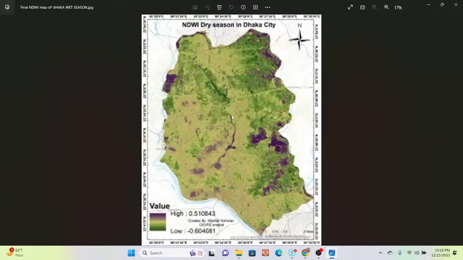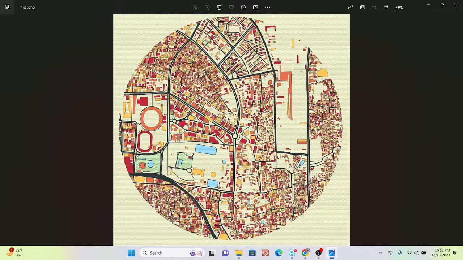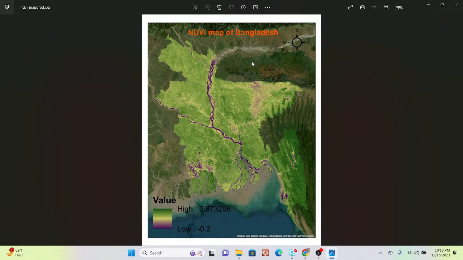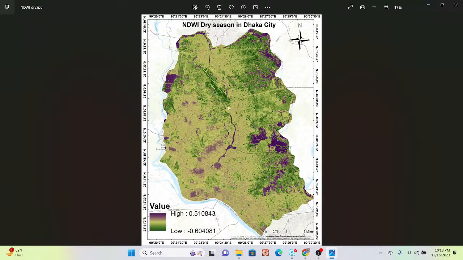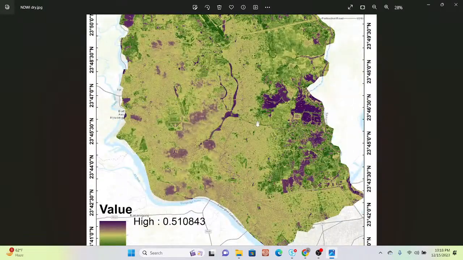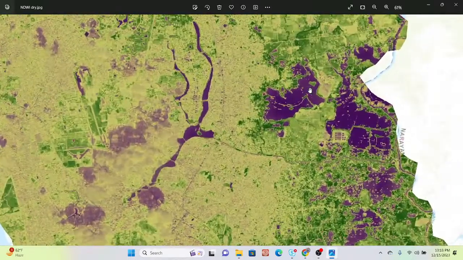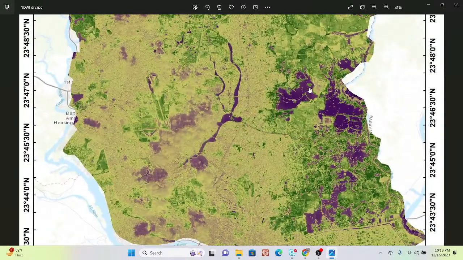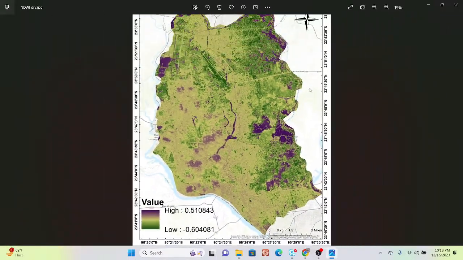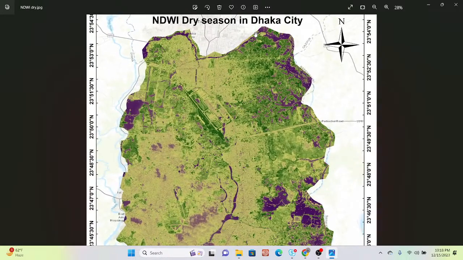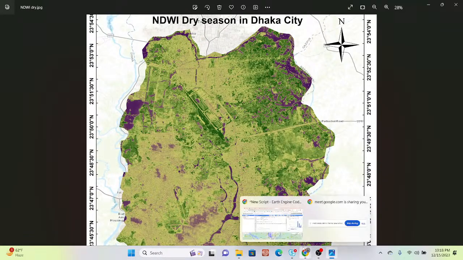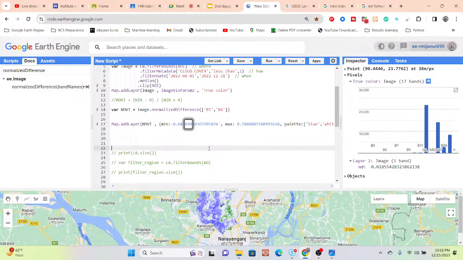Also you can see the NDWI map for that. Just download the TIFF image. Now I will also show you how we can easily download the TIFF image. You can see, for all kinds of maps we download the TIFF image, and then for creation of the map we use ArcMap software. I will show you the process of how you can easily use ArcMap software to create this type of map in the further class. Okay, so let's go. So this time I talk about how we can easily download this type of